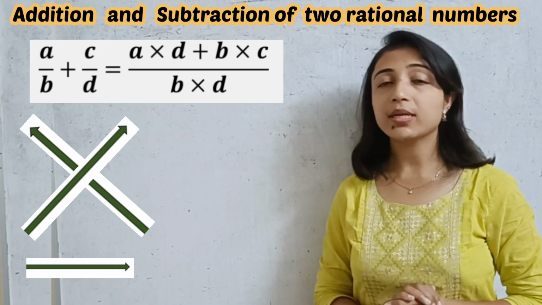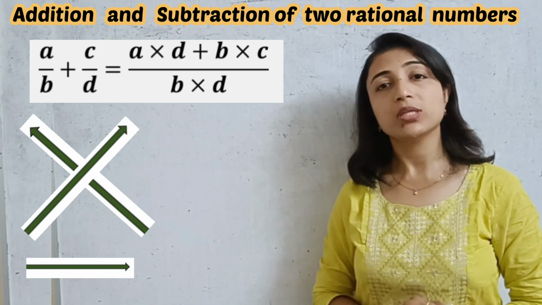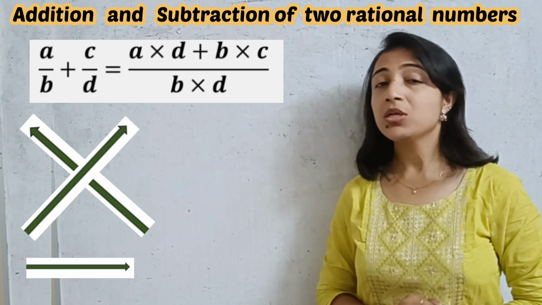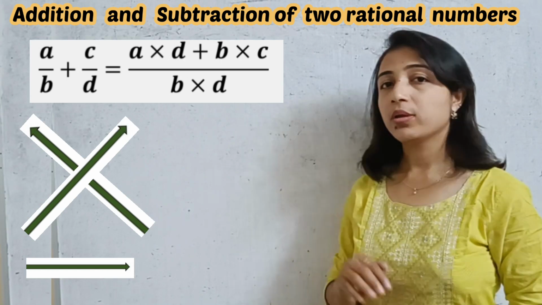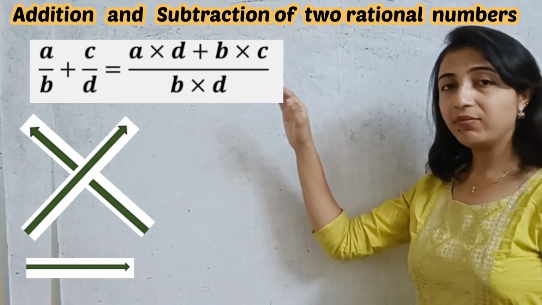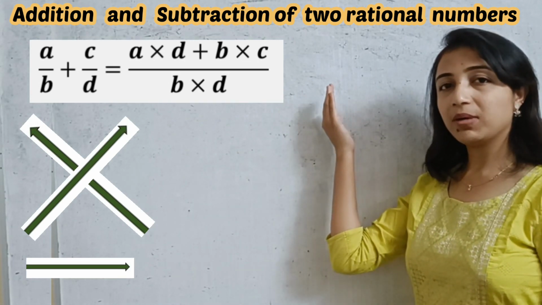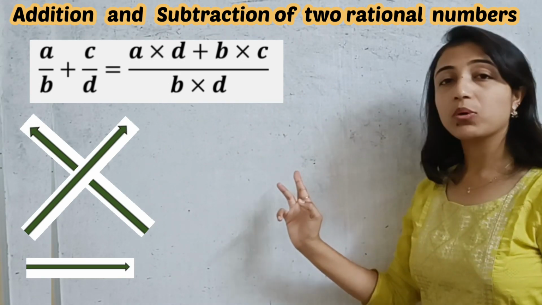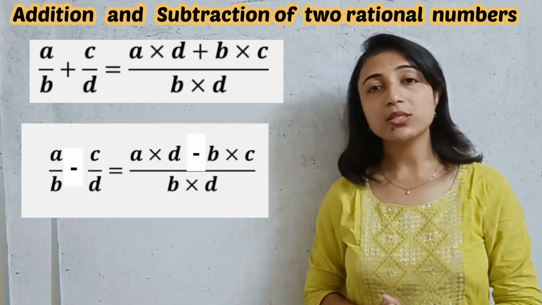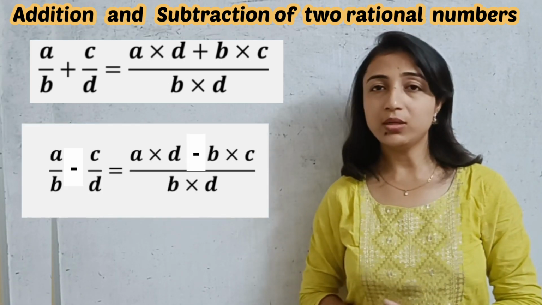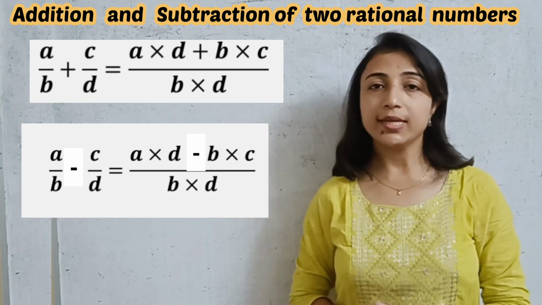Why? Because it is not necessarily always that the middle symbol is plus. Maybe it is a minus. So for minus, strictly follow the rule: right numerator multiplies to the left denominator, and left numerator multiplies to the right denominator, and take the product of the denominators. If the middle symbol is minus, then you have to subtract the numerator terms. Let's see the example.